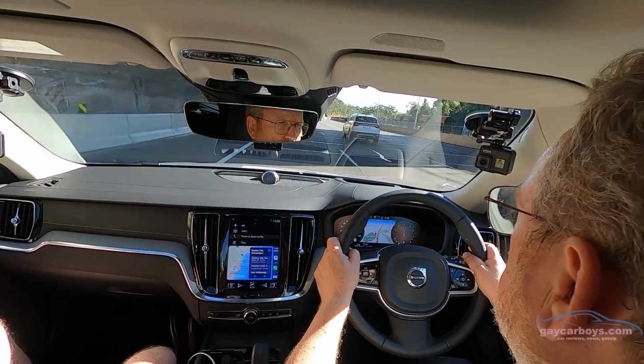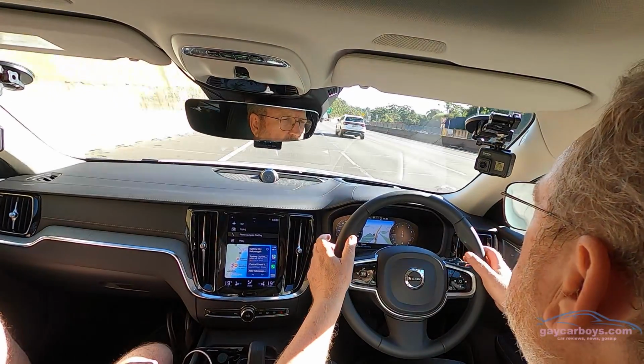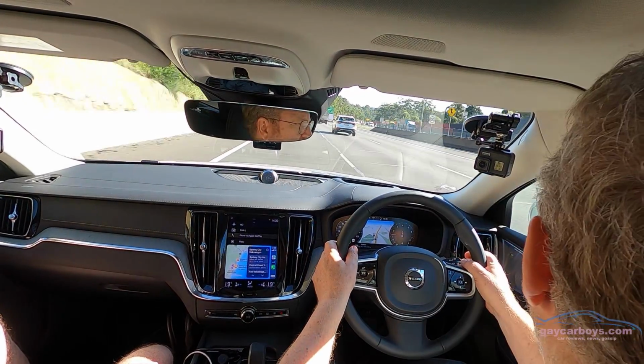Those ventilated seats are just divine. We've still got blind spot assistance. Both cars have that. Volvo have been safety obsessed for years. They were the first with the 3-point seat belt. Volkswagen's also very safe. But I think with these slightly higher profile tyres,